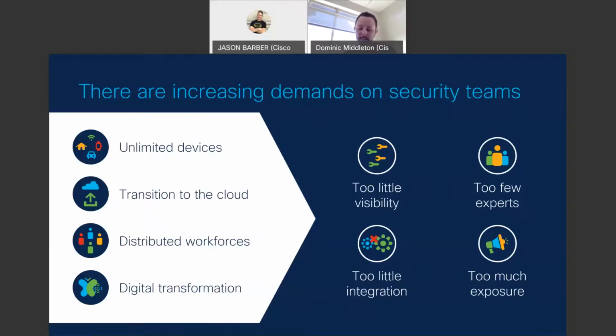And if those integrations exist, then we can automate the response to particular threats or bad actors trying to get our data or steal things or whatever they're trying to do. If we can automate those functions and have that all integrated, then that gives us time back in the day, which helps with the issue of having too few experts, because now people on the team have more time on their hands to respond to the threats that I have to respond to. And that's going to reduce our exposure.